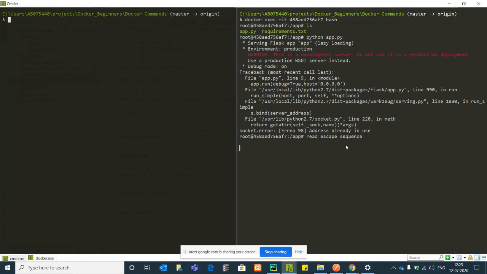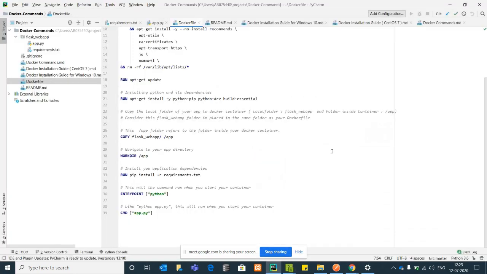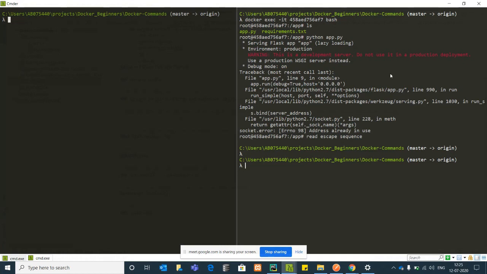Yes, Abhi. So can we change the file in the container directly, or do we have to change it in the Dockerfile and then update the container? Which one? If I want to change app.py, considering this image file, you need to go there and update it.